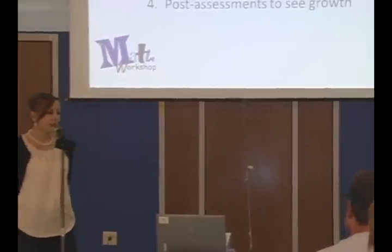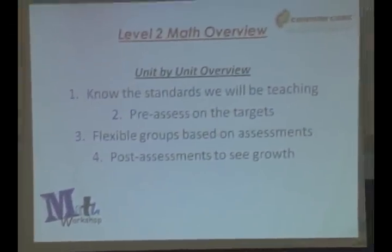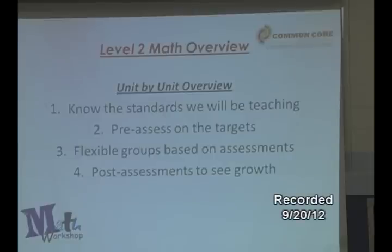And I'm going to talk about Level 2 math as a whole. This summer, a group of teachers met, and we used brain-based research from the Dana Center. We used that research to create a scope and sequence for math based on Common Core state standards. We decided that for each unit, we will pre-assess the students based on the targets, and from that information, we